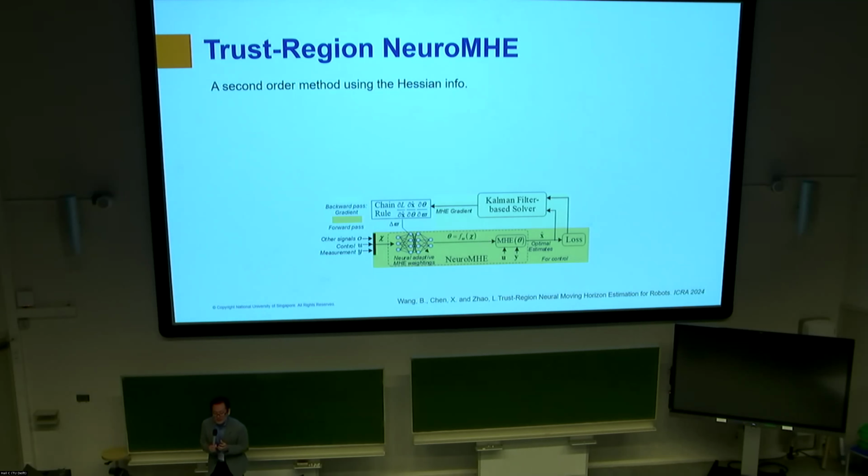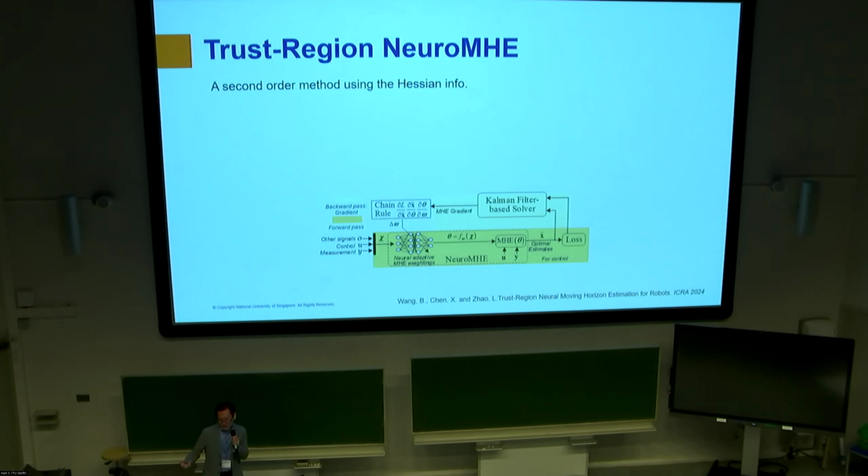All right. So far, the performance has been very impressive for the neural MHE. But we do have to tune the seeds, the initialization of the neural network. Sometimes if you have a bad initialization, the training performance can be very bad. So we're wondering whether we can improve that weakness.